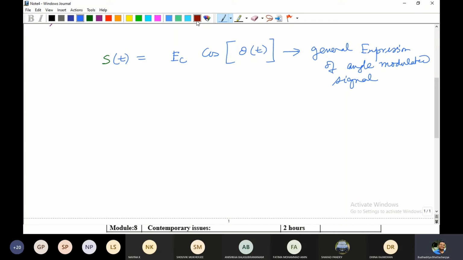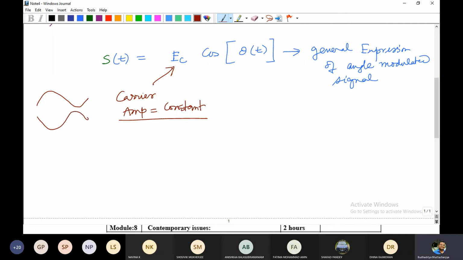Now in that, a few things we need to note. One is this Ec that you are looking at. This is the carrier amplitude, and this remains constant. So please make a note of this. In the earlier AM, we were actually varying the Ec. Remember, in AM, the carrier wave was varying with respect to the message, and the variation was in terms of amplitude. If you remember, this kind of a graph was there, and it was varying like this. Okay, the amplitude was varying. So here it is constant.